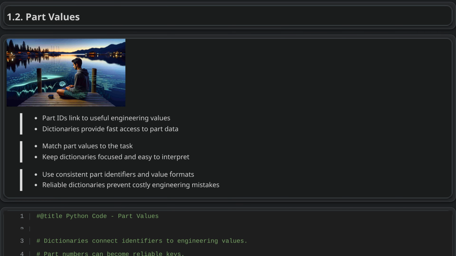Part values. In engineering, dictionaries are useful for connecting stable identifiers, such as part numbers or serial codes, to key information like cost, material, specifications, or inventory status. This gives engineers and technicians a fast way to find the details they need without searching through long documents. It reflects how industrial data is often organized, where each part label points to the information needed for operations and